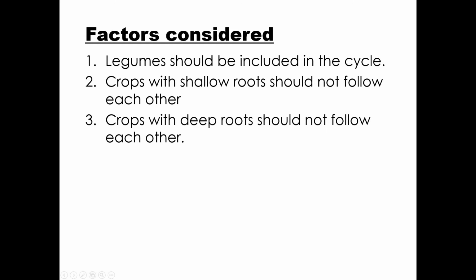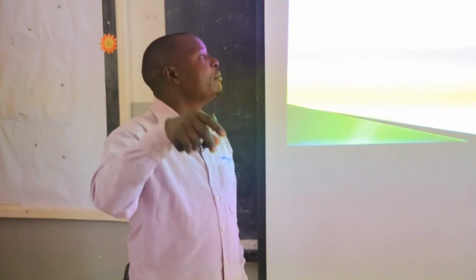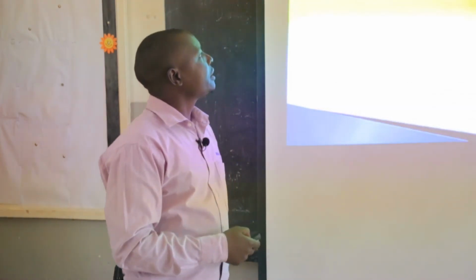Now let's proceed. So let's read it through. Let's go through these factors to consider when you are carrying out crop rotation. 1, legumes should be included in the cycle. 2, crops with shallow roots should not follow each other. 3, crops with deep roots should not follow each other. Those are the 3 factors and many more. Next, let's look at